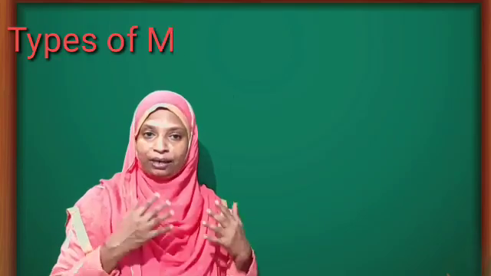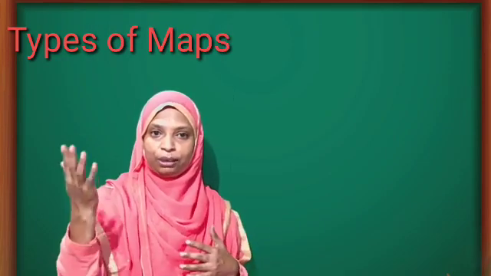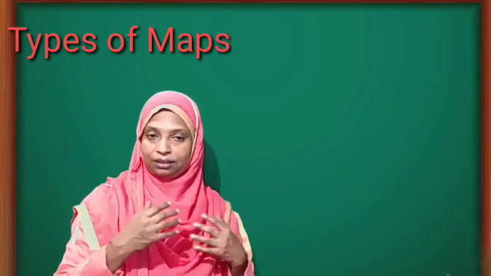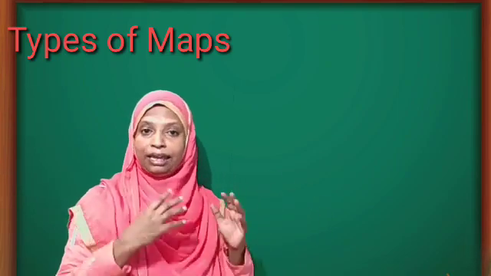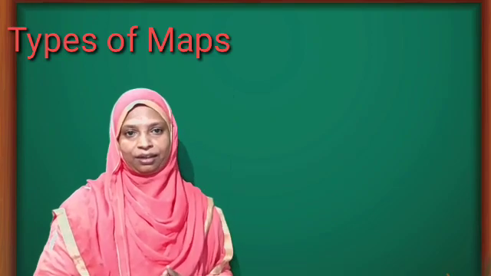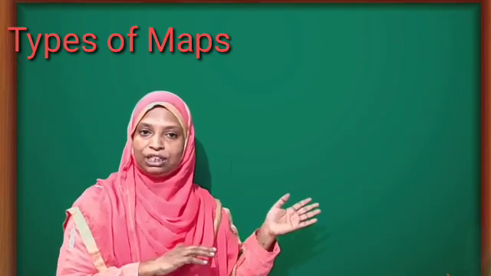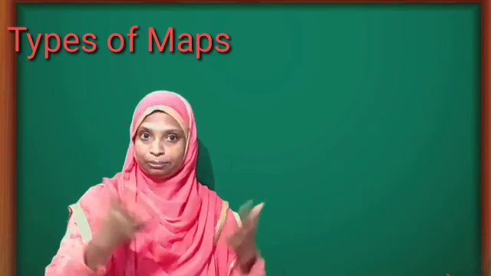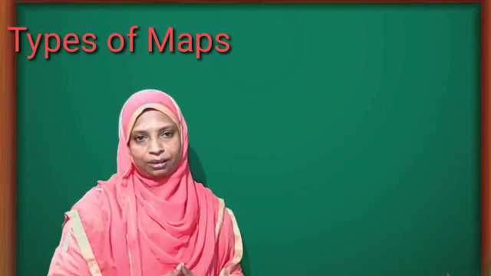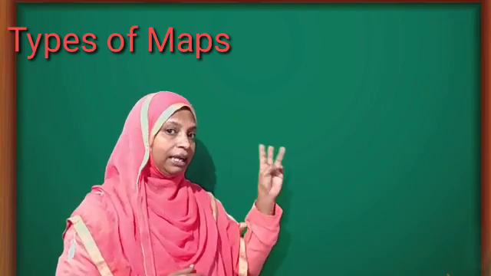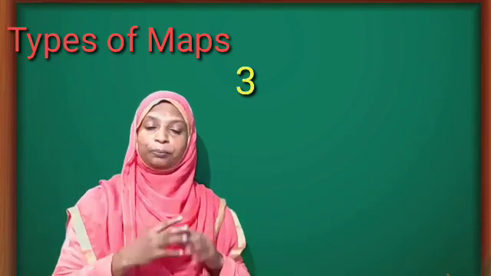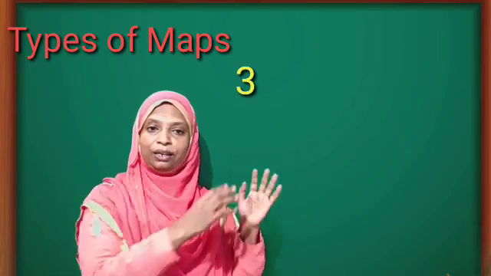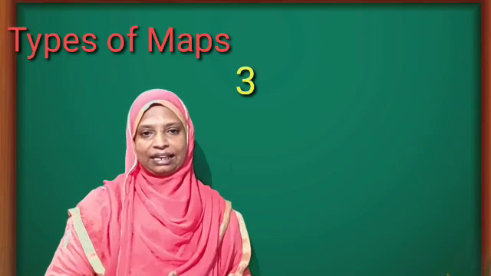All maps that we are watching from the library or from our social science club or from different other areas etc. are not same. All of them will be having different colors, different other symbols etc. in the map. So major three types of maps are there for us. All the different types of maps that we are watching will come into these three categories.